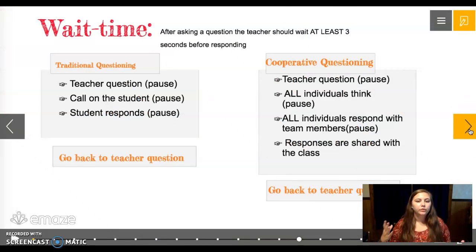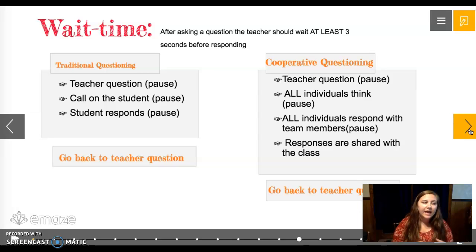Wait time is pretty self-explanatory. It's the time you're going to wait, more than just after asking the question. We're going to go over that in a minute. But after asking the question, the teacher should wait at least 3 seconds before responding. Honestly, wait longer. 3 seconds is the very minimum, maybe if you're asking a simple question. But definitely for an essential question, you want to wait longer because you want to allow every single student a chance to respond, or at least think of a response in their head,